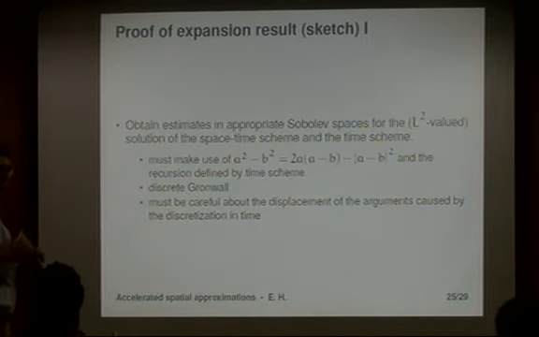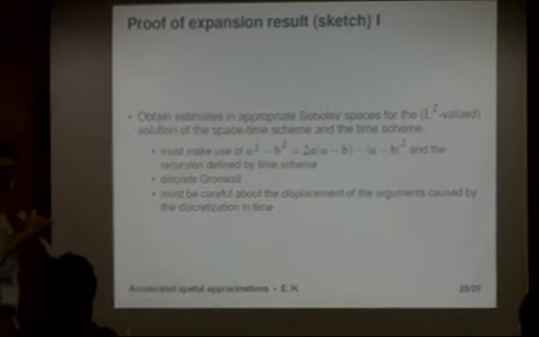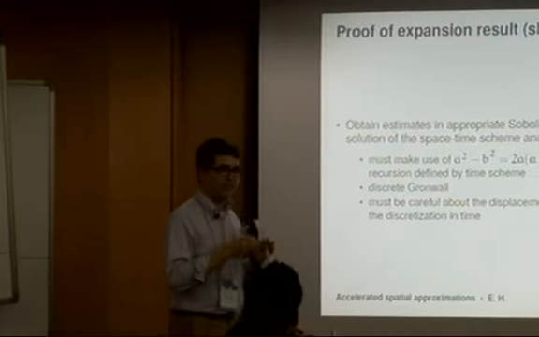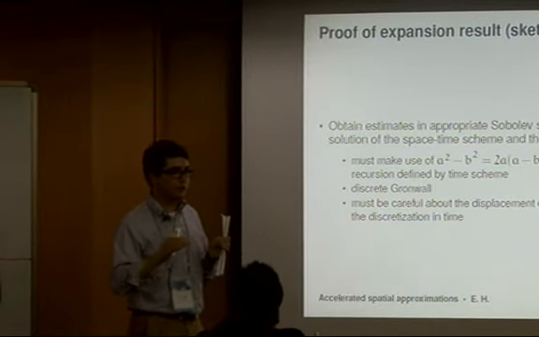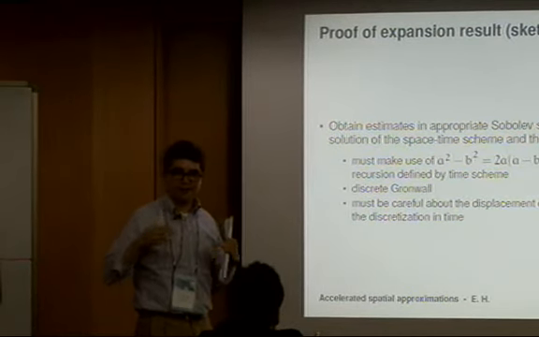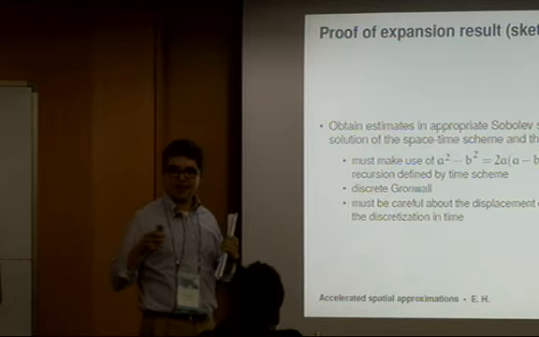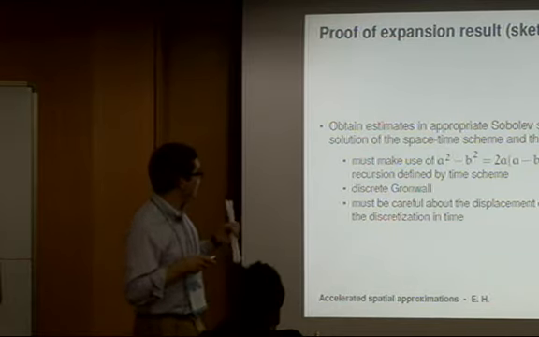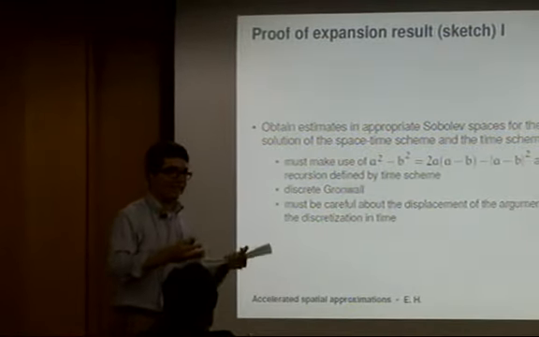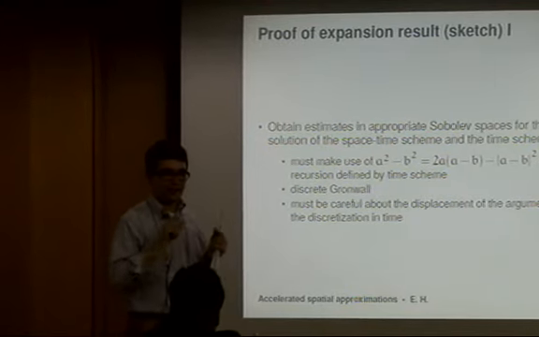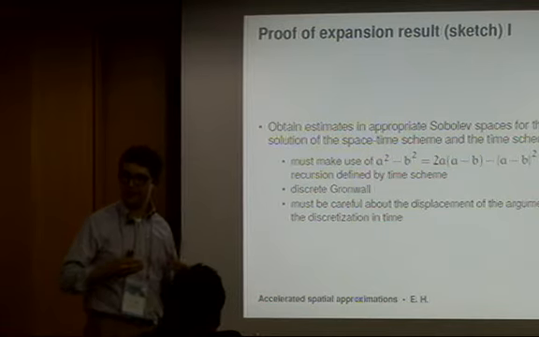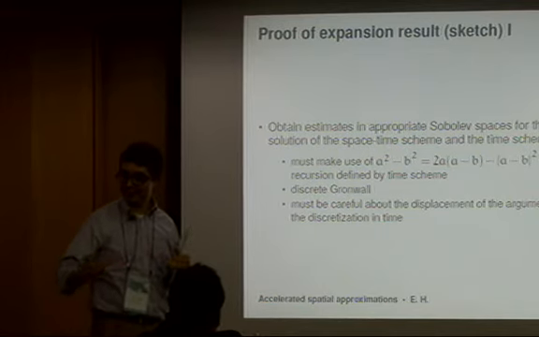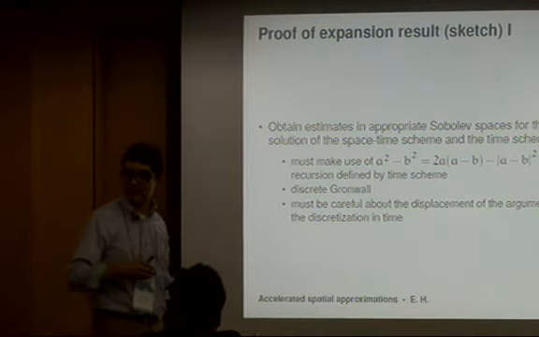Well, to prove the first expansion result, you'll remember that Ishtvan is using estimates for the solutions to these equations in the appropriate Sobolev spaces. So he has this Ito's formula for the square of the norm, but in this instance we don't have that, because we're not discretizing in time. However, we do have